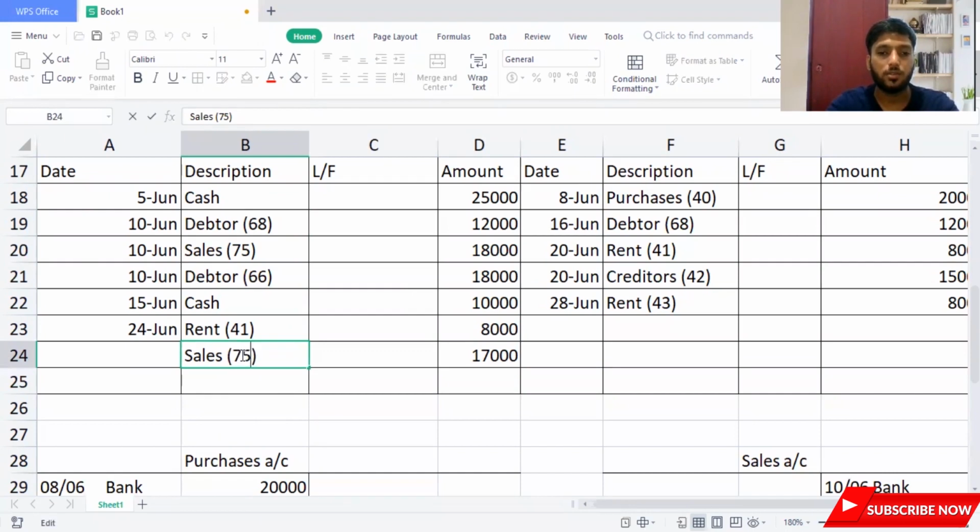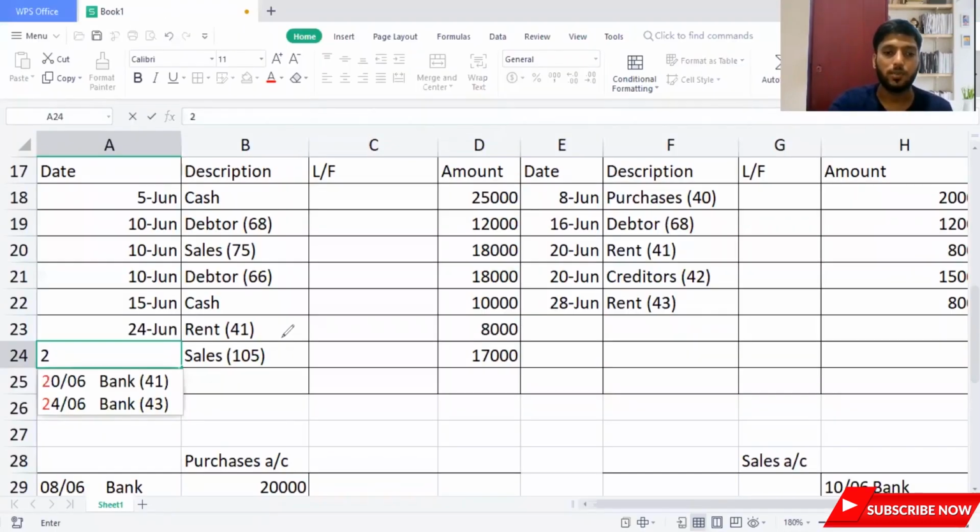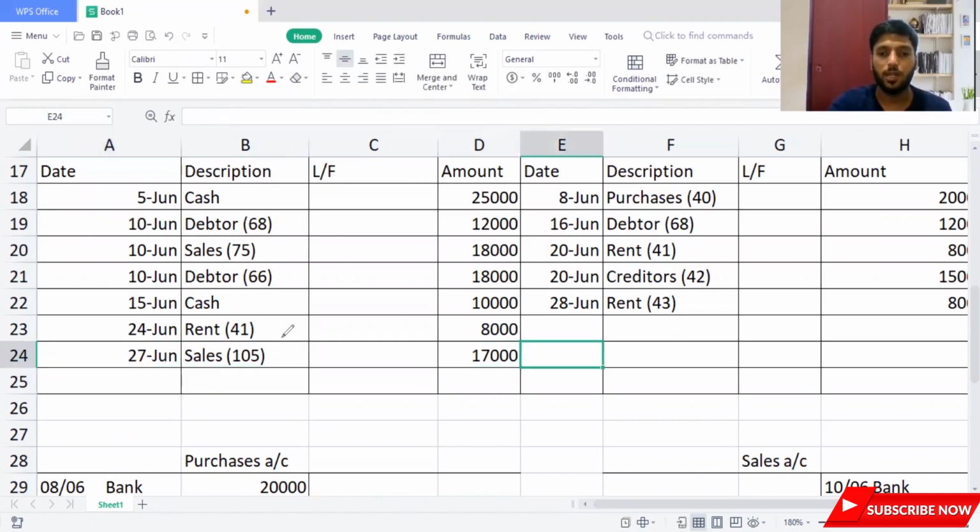And the date was, let me check the date. 105. What's the date actually? Actually, it was 27/6. Actually, there's a problem on the date here. You see the date 27. I'm not pointing out the mistake, it should be 29, but your school book has stated 27, so we'll go with the same date. So 27/6. No problem with the date confusion. Okay, it doesn't matter. So then we have 17,000.